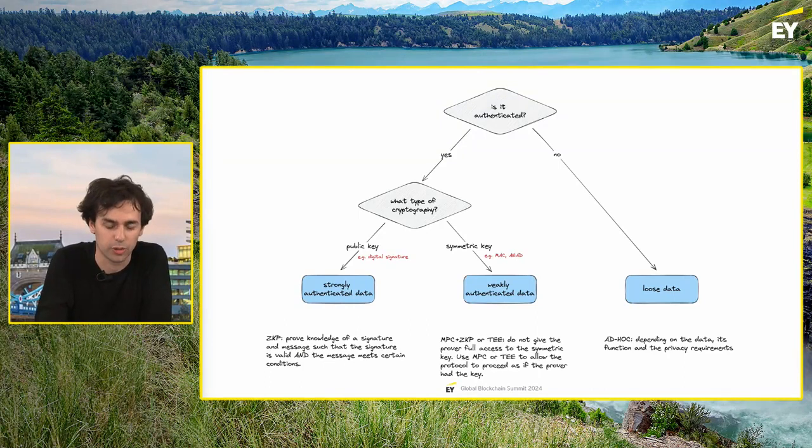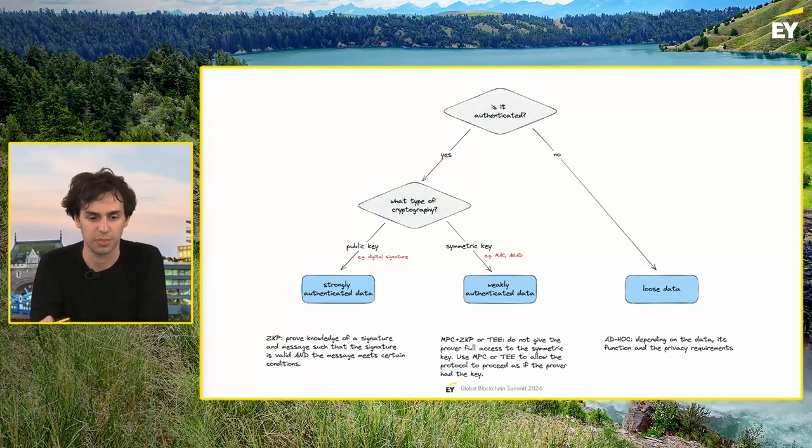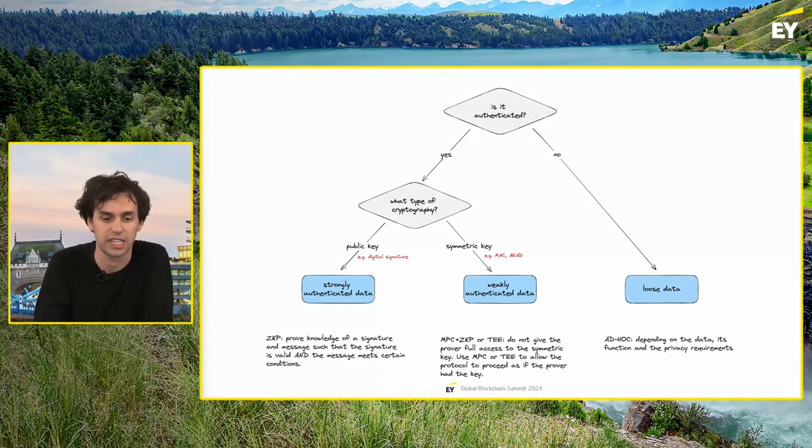If we didn't have public key cryptography, if we had symmetric key, we needed to do a bit more work, right? We needed to do this MPC to take the symmetric key away from the person trying to authenticate something, trying to attest something. So this is the plan. We do not give the prover full access to the symmetric key. We use MPC, or in some cases, trusted hardware, to allow the protocol to proceed as if the prover had the key. The reason I didn't really mention trusted hardware up until now is because, as cryptographers, we try to